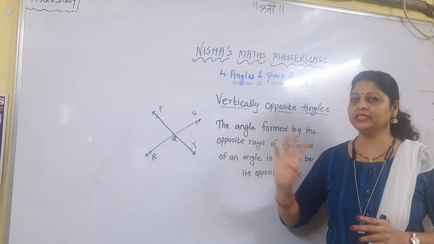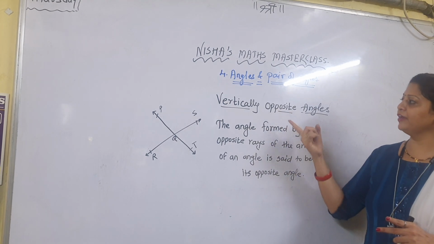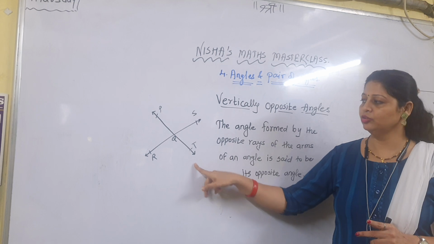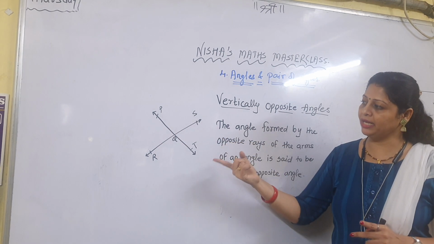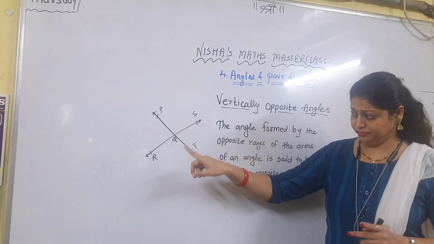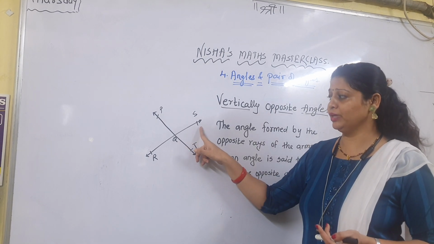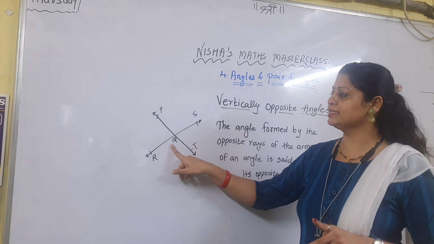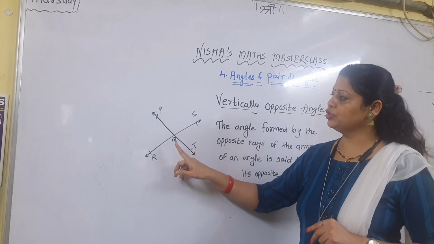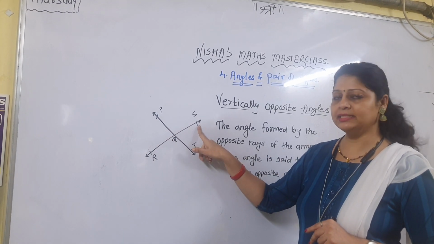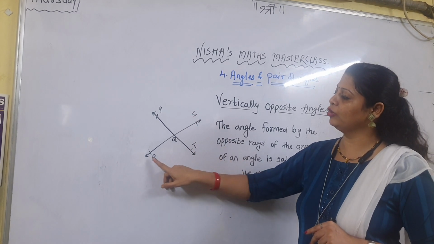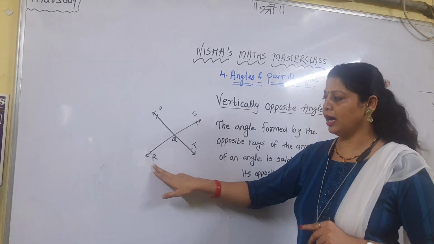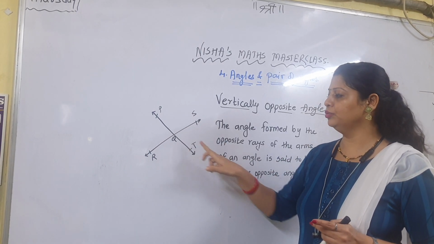So therefore opposite rays. And in identifying the vertically opposite angle, QP and QT are opposite rays, and because of that we get the rays QR and QS. Because lines PT and PRS both intersect at point Q. So children, angle PQS is the opposite angle of RQT. Same like angle PQR is opposite of angle SQT.